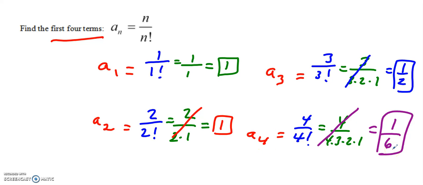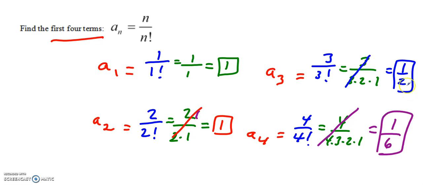So let me explain really quickly how I do these, because it might save you time. When I use the factorial, this first one was not too bad, because 1 factorial is really just 1. But on the second example, when I wrote 2 factorial, instead of multiplying everything out, I noticed that the 2's could cross out top and bottom, so I was really left with 1 over 1, which is how I got my answer quickly. A sub 3, I wrote as 3 over the definition, 3 times 2 times 1. Again, to make my life easier, I crossed out the 3's and was left with 1 over 2 times 1,